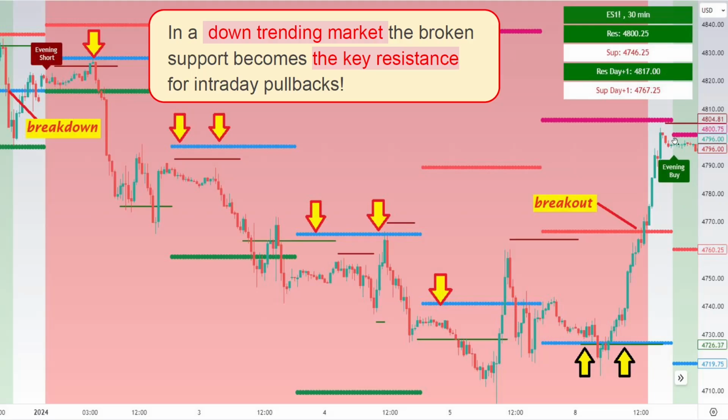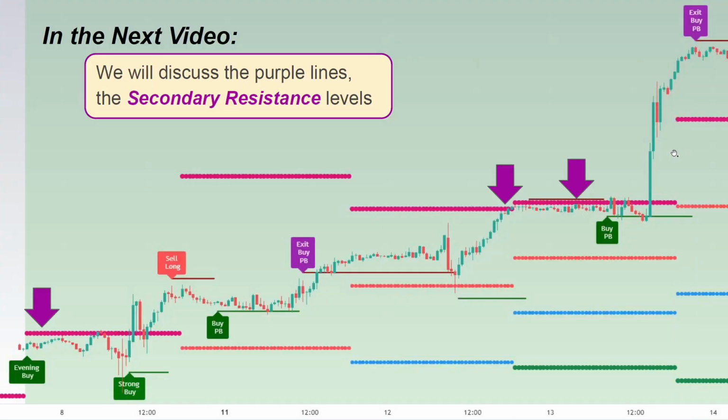The evening of that same day, January 8th, price at 7 p.m. triggered an evening buy signal, and we got another rally. That evening buy setup, which was fired at 7 p.m. Eastern Time on the 7th of January, was followed by a flat consolidation until the next morning, and then the Cycle Trader indicator fired a strong buy setup, and the strong buy setup was followed by a strong push up, another buy